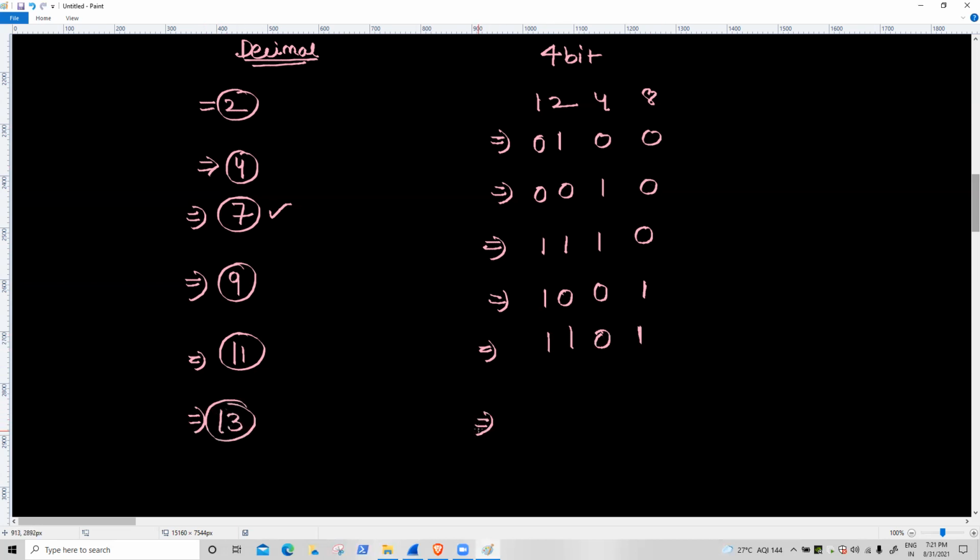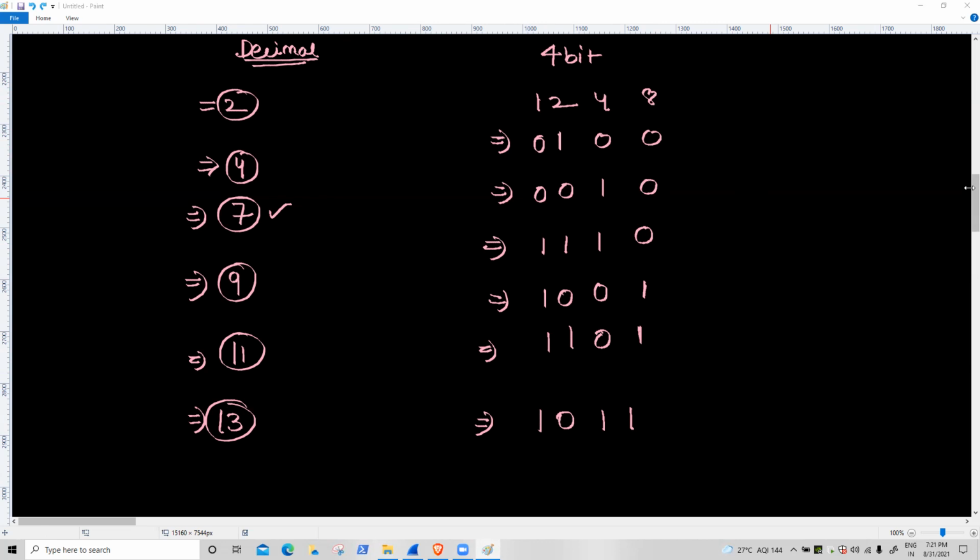Then 13 is 1, 0, 1, 1. 8 plus 4 is 12, plus 1 is 13. In 4 bits, how many maximum values are we getting? The maximum is 15. If you get a decimal value of 16, it is not possible to convert into binary with the help of 4 bits. Clear?